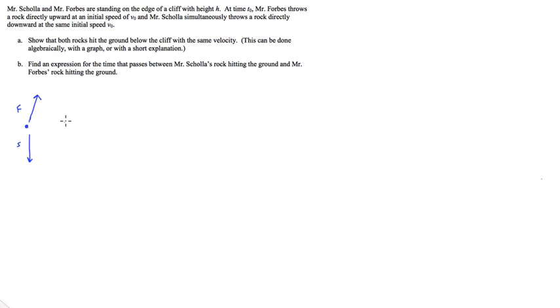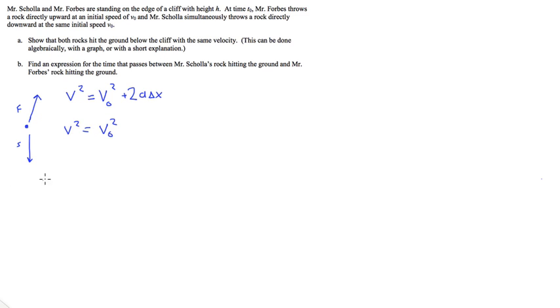There are several ways to do this, and I'm going to show you all three of them. Algebraically, we can take the third kinematic equation, which is v final squared equals v initial squared plus 2a delta x. This could apply to either of them. So v squared equals, I'm just going to plug in the values we have here,